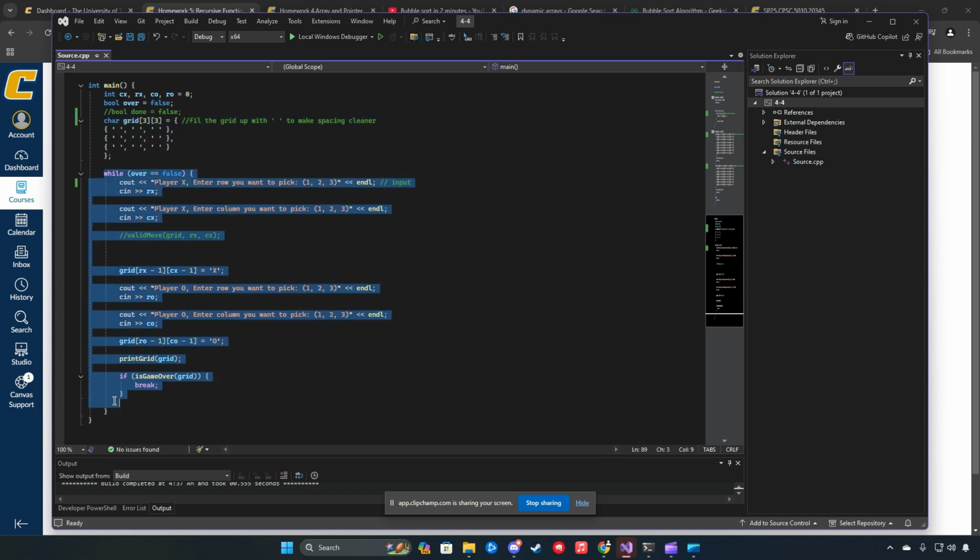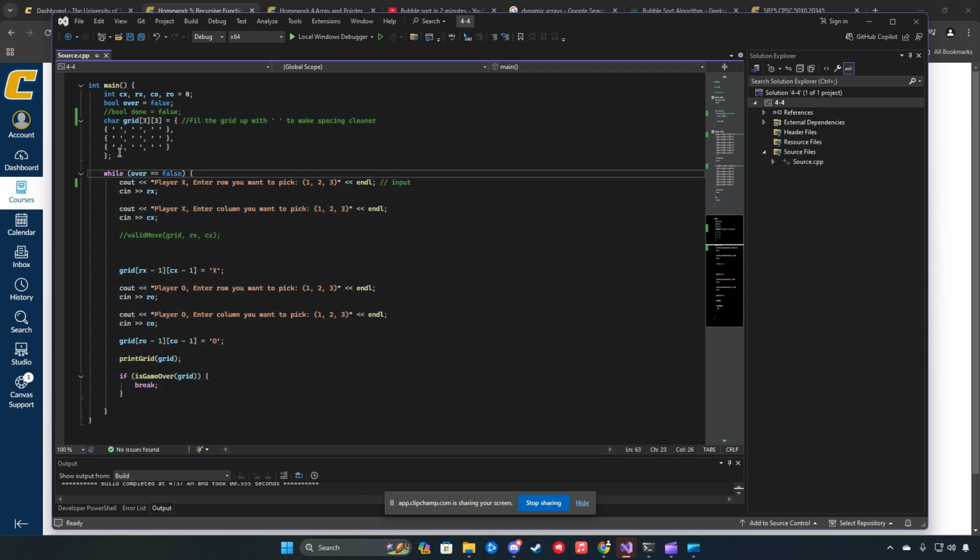So this while loop here runs while the game is not over, and is used to take input from the user for their given move. Here's the input gathered for player X. We take the row and the column, and we make grid equal to Rx minus 1 and Cx minus 1. And we use this minus 1 so we can